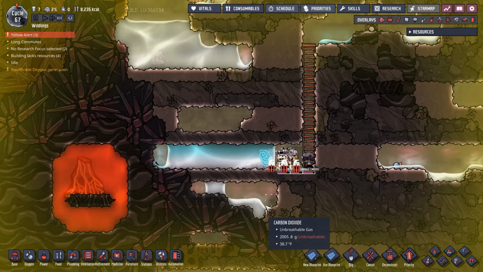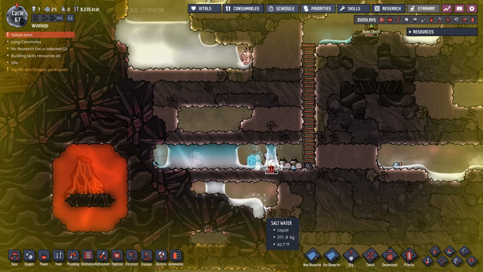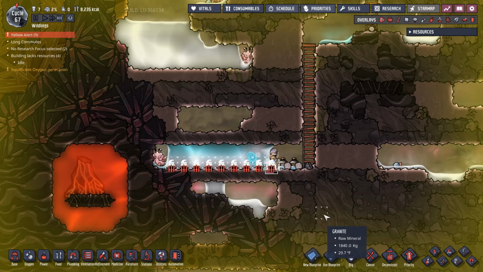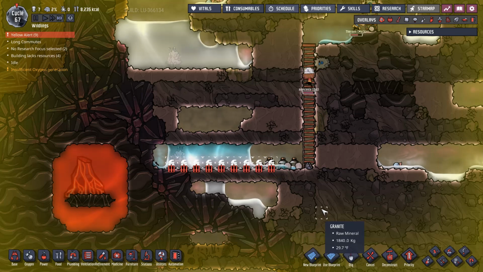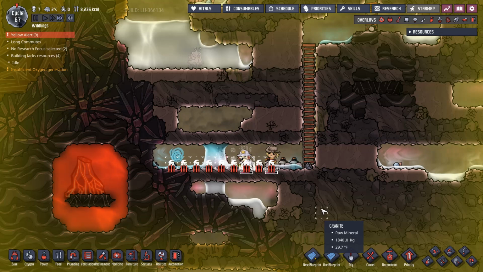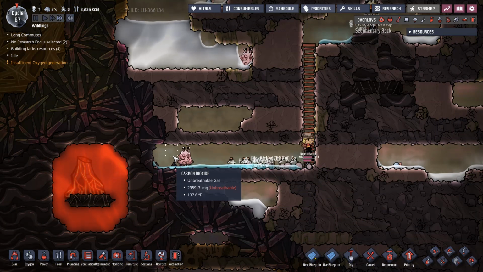The physics are just hilarious in this game. Keep mopping, keep mopping. Can we mop all of it? Can we super high priority mop all of that? Oh, we can, great. Get down there and mop that crap. The tiniest little liquid lock. Yeah, mop it till there's no more. Okay, great, now you can cancel. Okay, so now